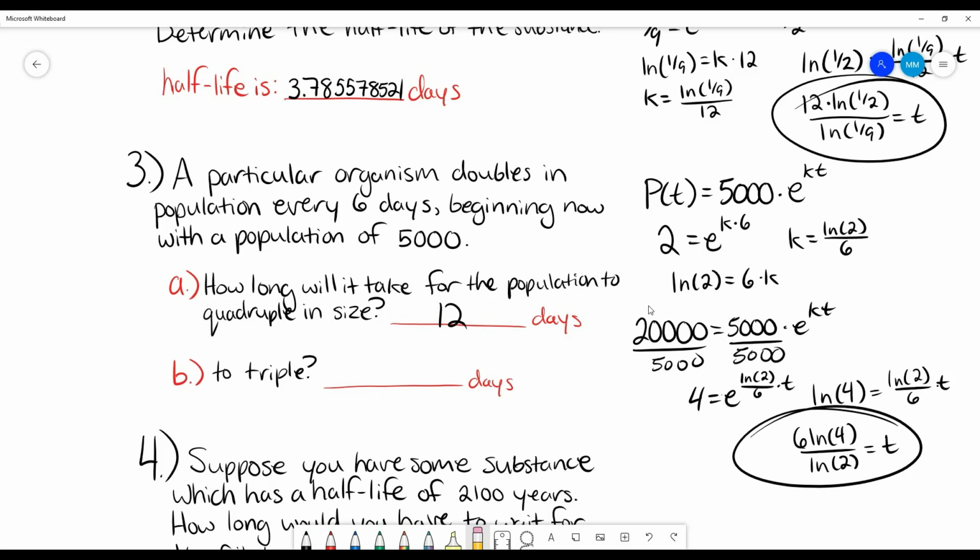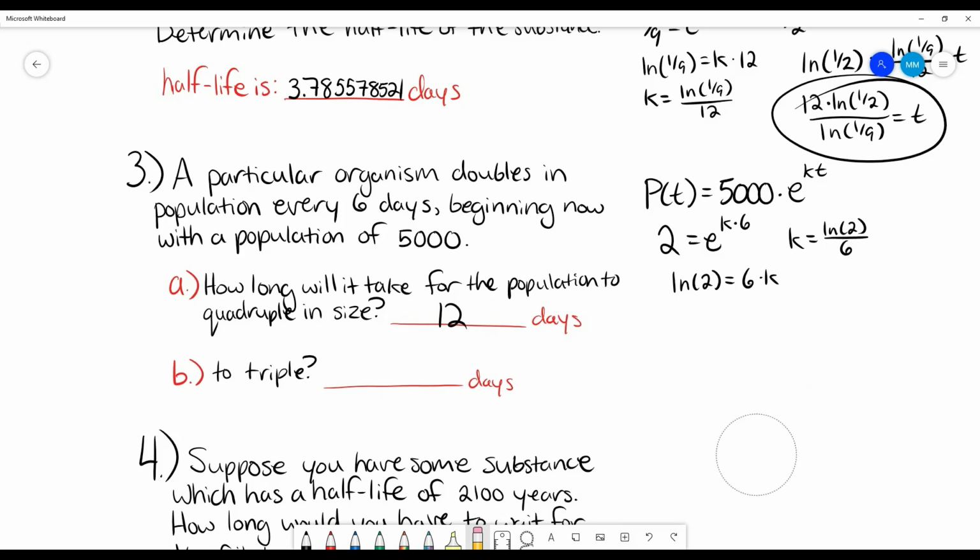Now we want to know what it takes for it to triple. So because of what we've just kind of gone over with that ratio, instead of setting it up and figuring out what 5,000 tripled is and plugging that in, I just know that it has to be 3 equals e to the power of k times t, right? So I'm just going to plug it in like that, except I know my k, and I'm looking for t,